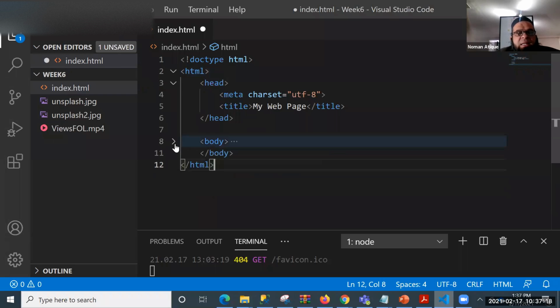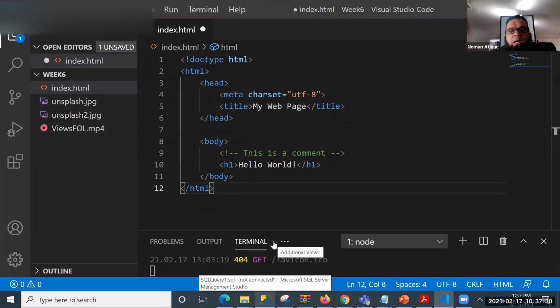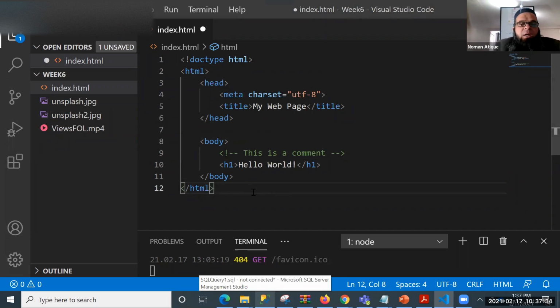And then we talked about there is another very important section, and that is the body section. The body section is the most important part, where we will be including each and everything. We will have everything added to this document, HTML, body, right? So this was something that we have talked about.